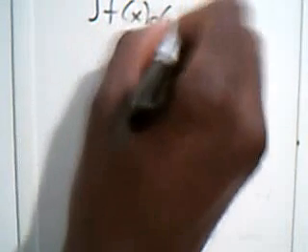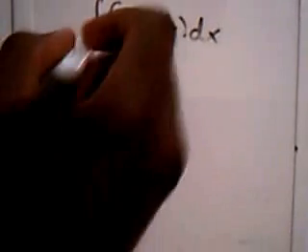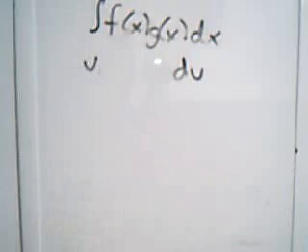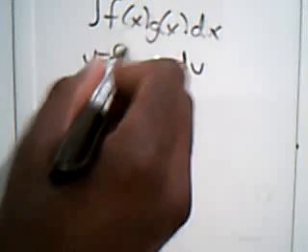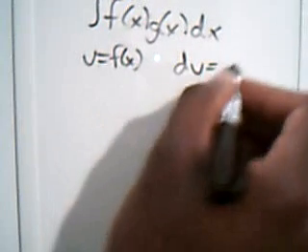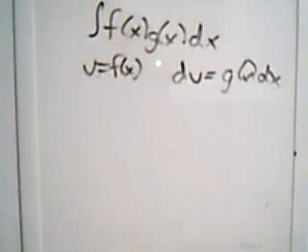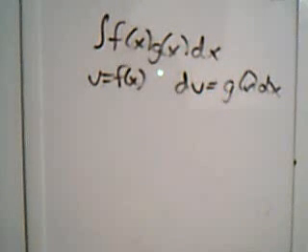Okay, so today we're going to be talking about integration by parts. And lots of times you'll see, if you have an integral of this form, they'll tell you the way to solve it is to have a u and a dv, and let the u be equal to f of x, and let dv equal g of x dx. Okay, that can get very confusing, because lots of times you get confused with what's the u, what's the dv,